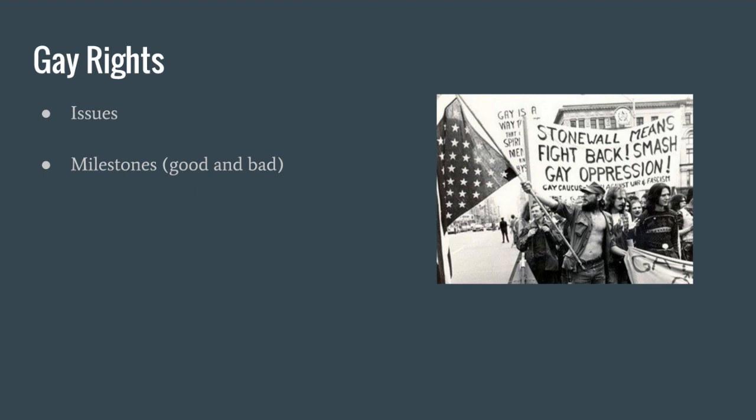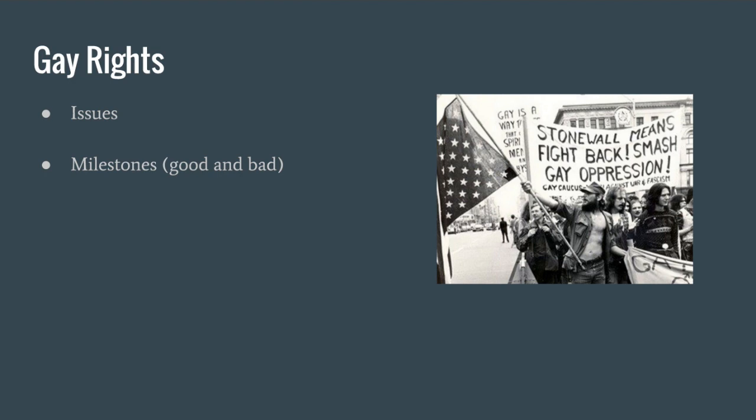In 1977, Harvey Milk won a seat on the San Francisco Board of Supervisors and was responsible for introducing gay rights ordinances within the city, protecting gays and lesbians from being fired from their jobs. He also led a successful campaign against Proposition 6, an initiative here in California forbidding homosexual teachers. He was assassinated about a year after being elected. So he became very much a symbol of the movement in that way.